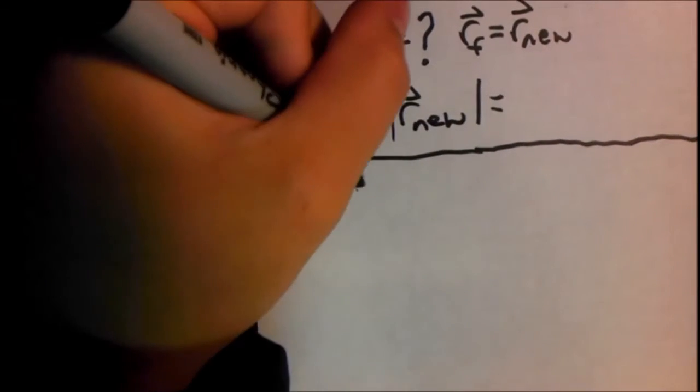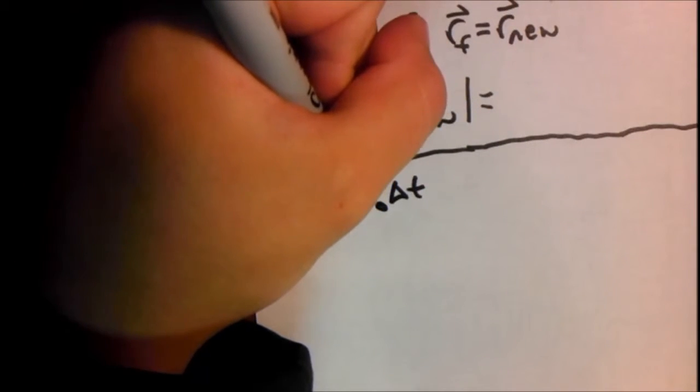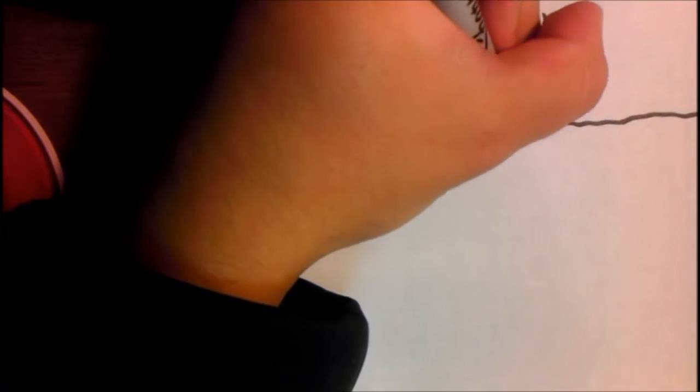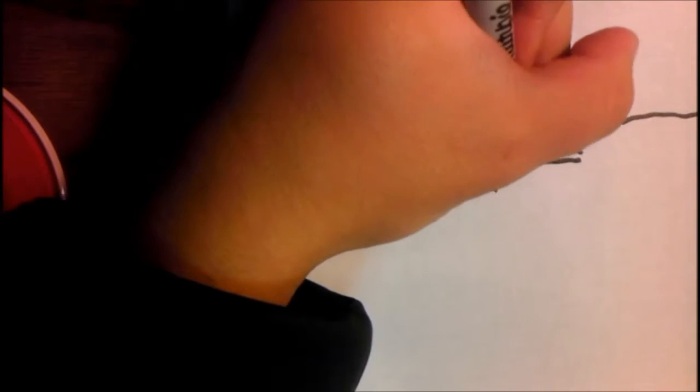First, we find the magnitude of r new. So that is x naught plus vx naught delta t minus Ks (L minus L naught) x naught delta t squared all over mL, quantity squared,